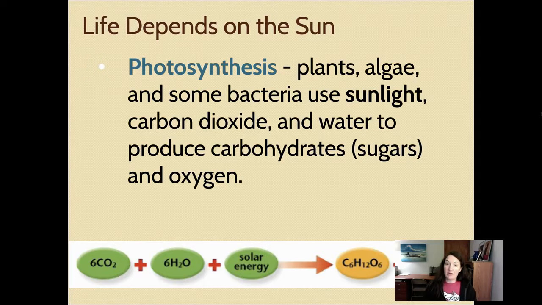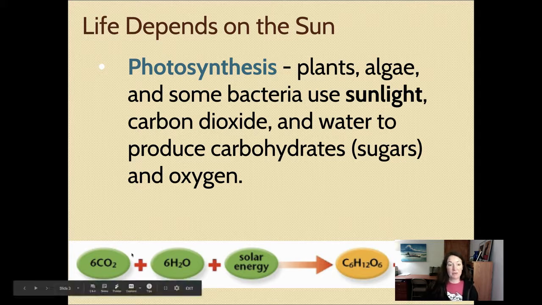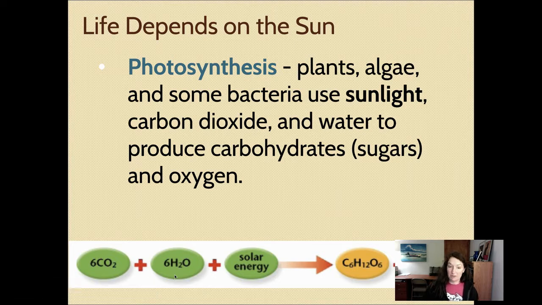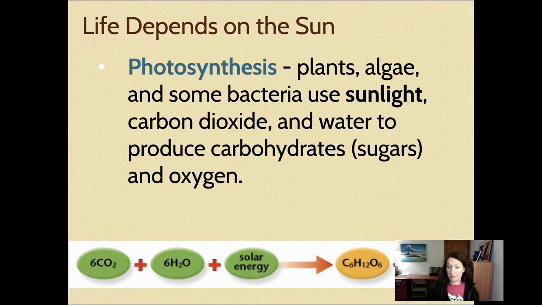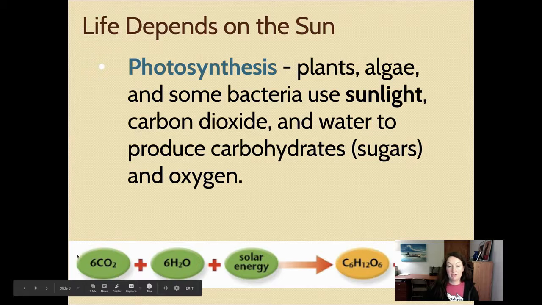You guys are going to write the equation in the circles on your notes handout. So it is 6 carbon dioxide molecules, so you get that from the atmosphere, plus 6 water molecules, which you get when you water plants. That's the water that they need. And then solar energy. Those 3 things are put together. There's a chemical reaction, and you end up with C6H12O6, which is glucose or sugar. And then, like I said, oxygen is the waste product. So again, make sure you're writing out this formula.